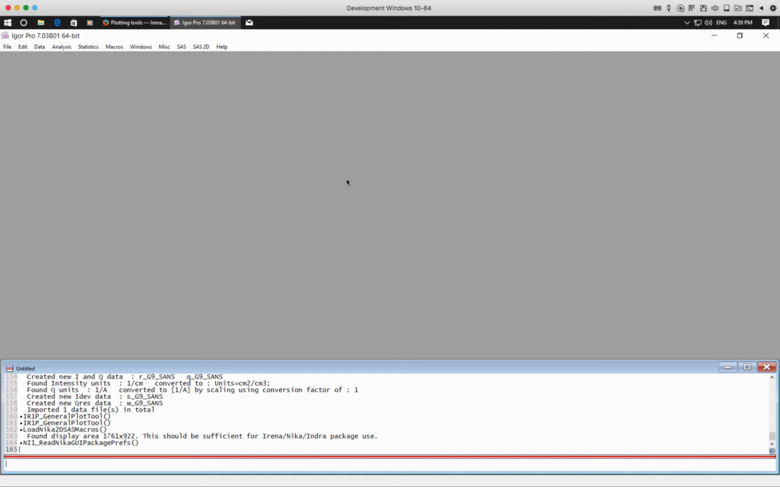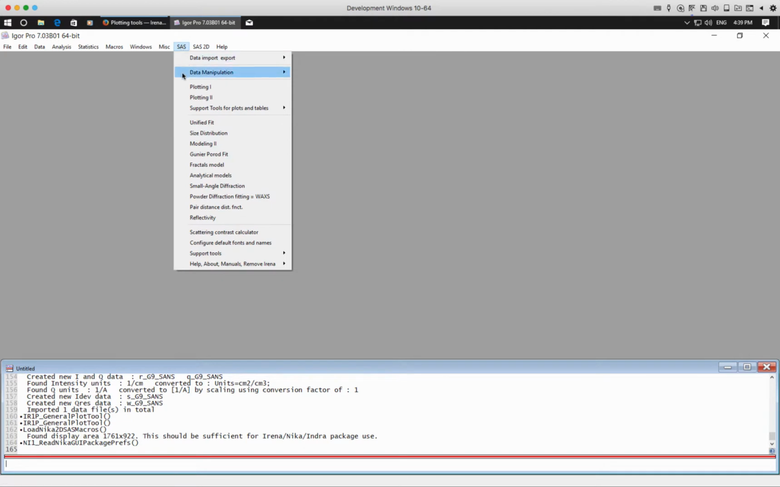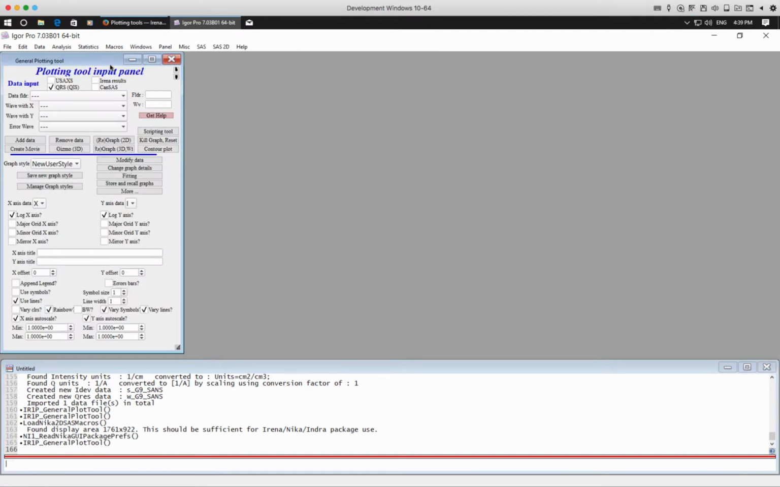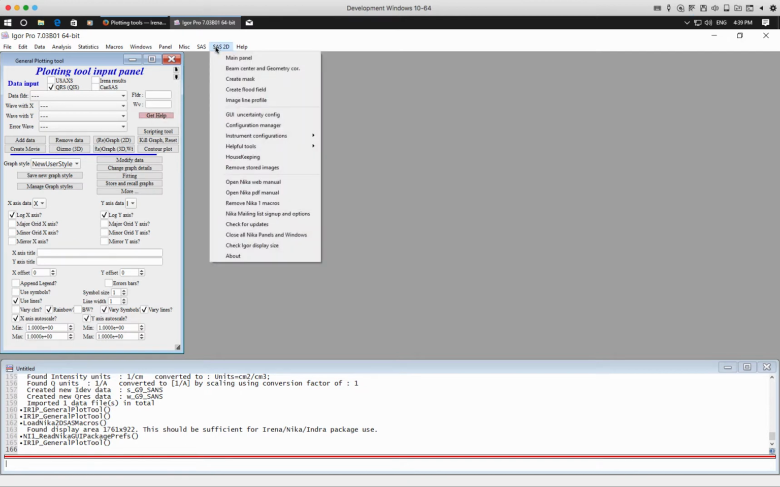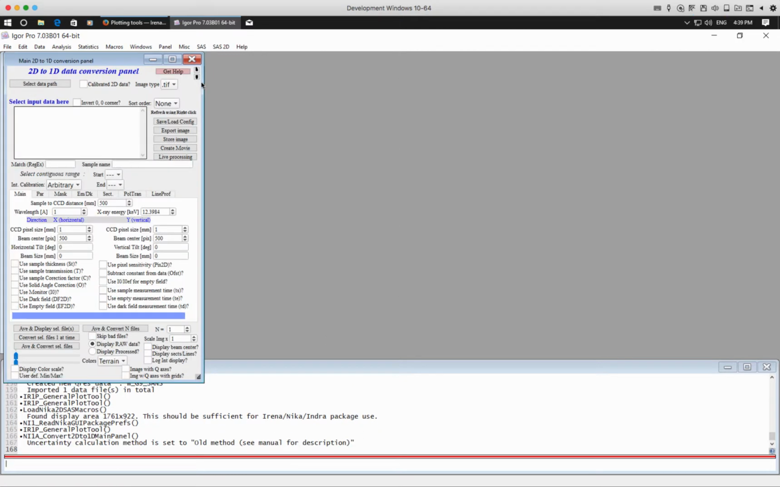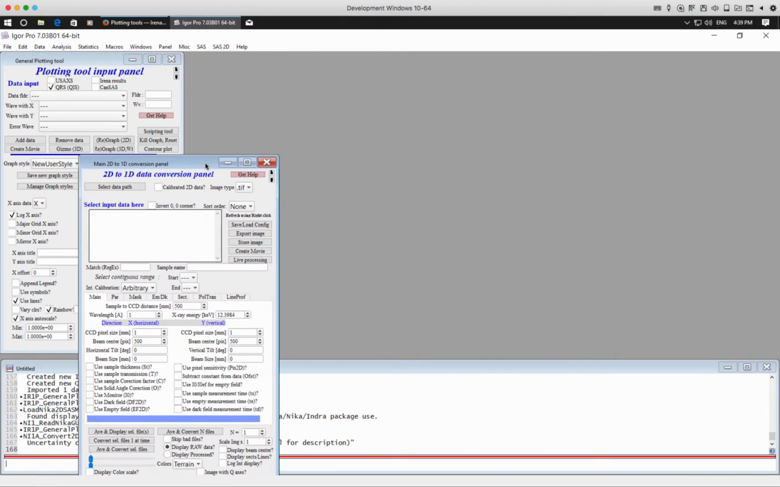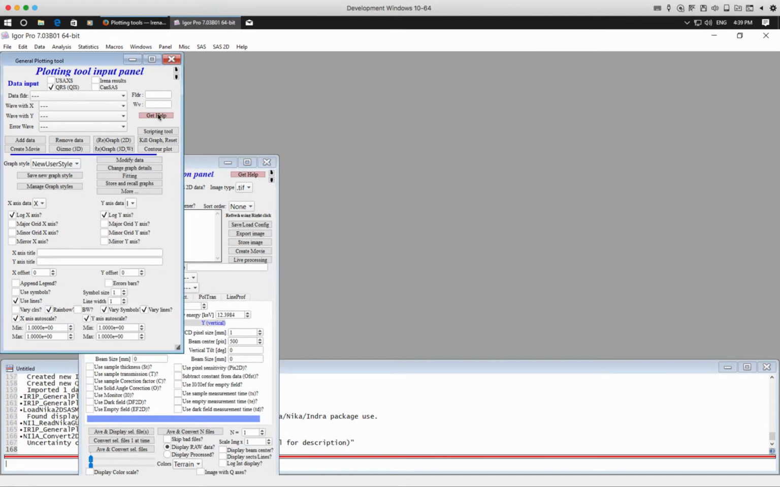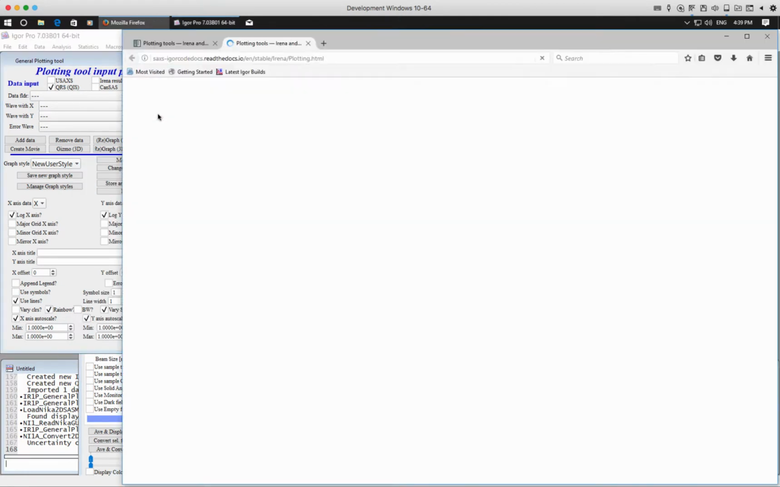2017, there should be more buttons on most of the screens. For example, if you go to the plotting tool in Irena, there should be a red button called Get Help. Similarly, if you go to Nika, you will find a Get Help button. Now let me just put these two things here. So if you hit this button,